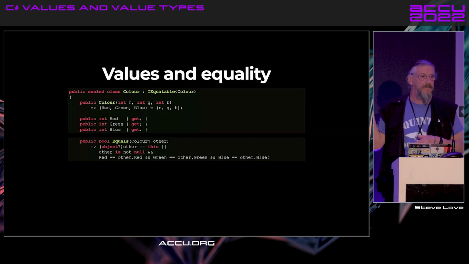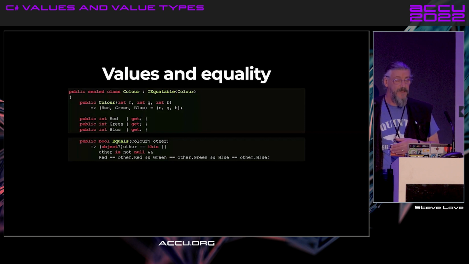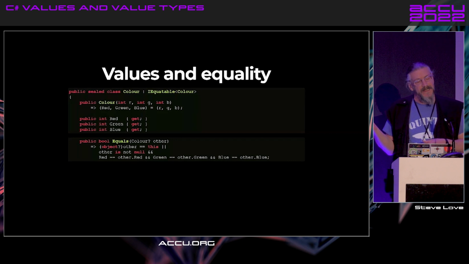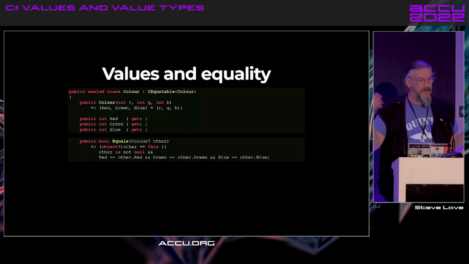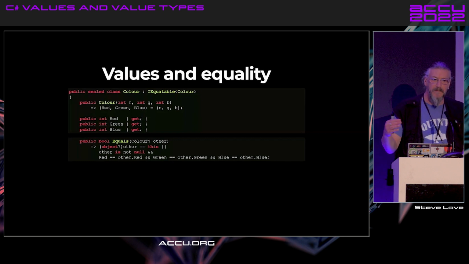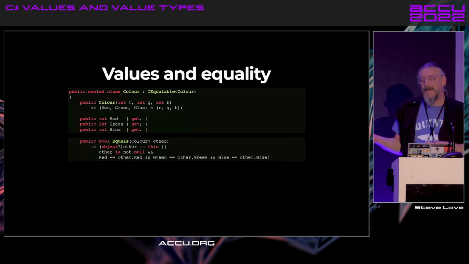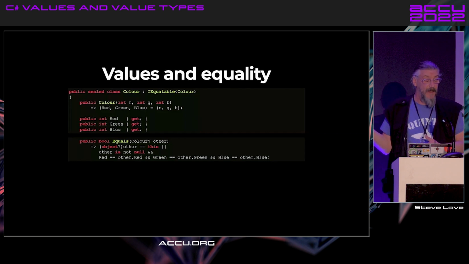So the compiler gives special preference to constructor tuple assignment, and it is as efficient as it could be. It's basically generating the same code as if you had private fields for red, green, and blue, exposed those by properties, and assigned them manually yourself. So it's quite clever in that respect. That's one example of how the compiler is generating code on our behalf and making code easier to write, easier to read,